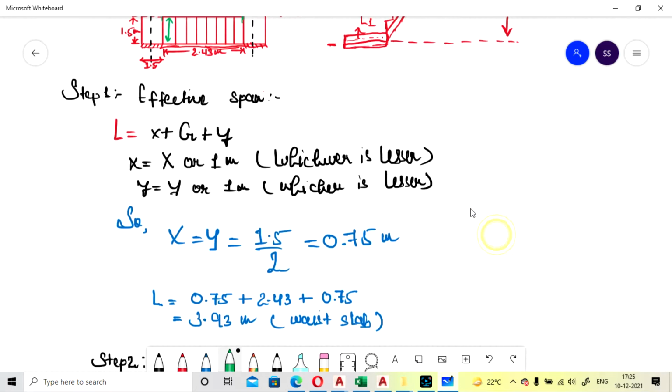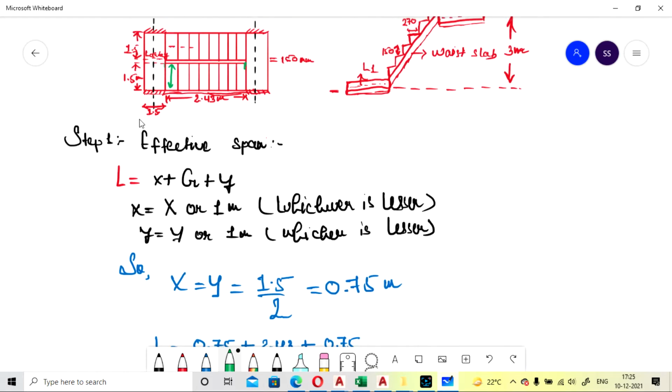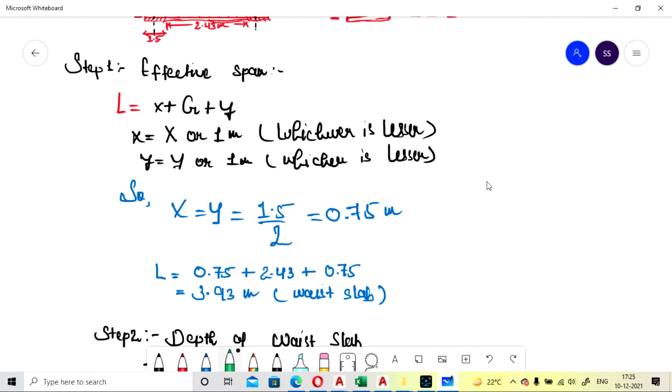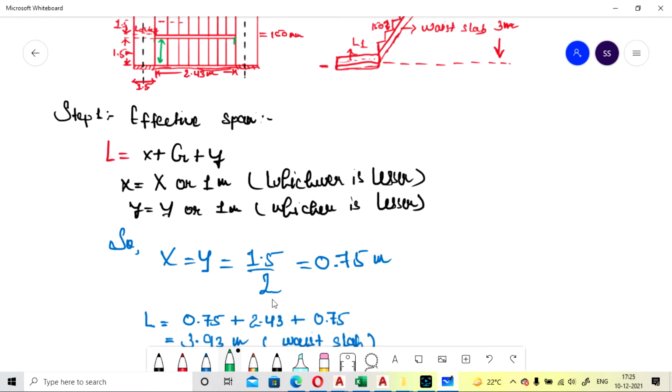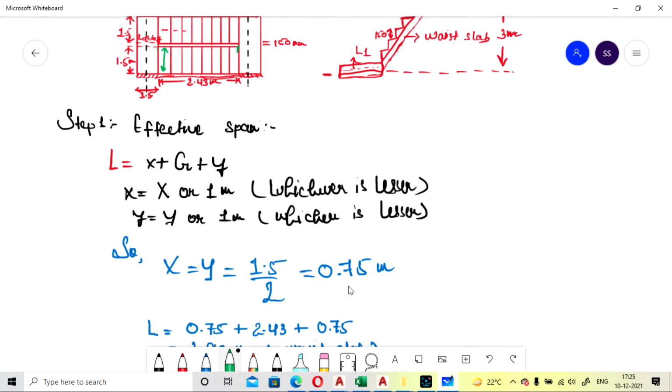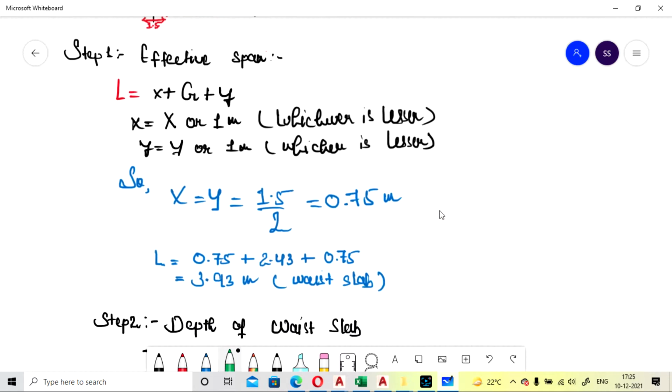Okay, so x is equal to y, because both the widths are similar, that's why I am taking x equal to y. Okay, 1.5. If it is not, you have to take them one by one. Okay, and it is 1.5 divided by 2, so small x will come as 0.75 and small y will come as 0.75.